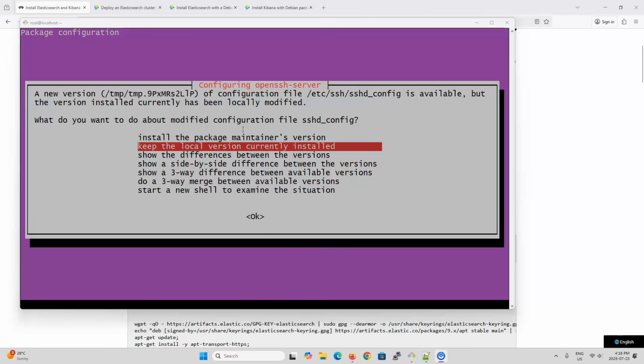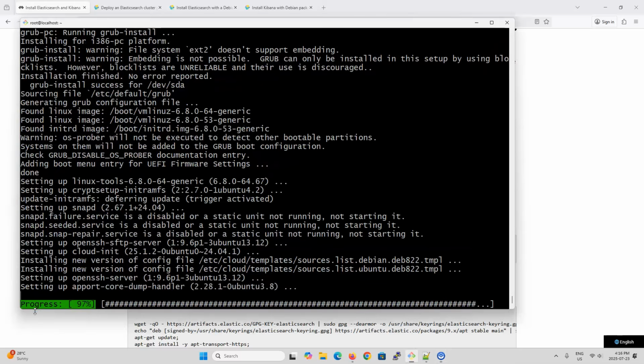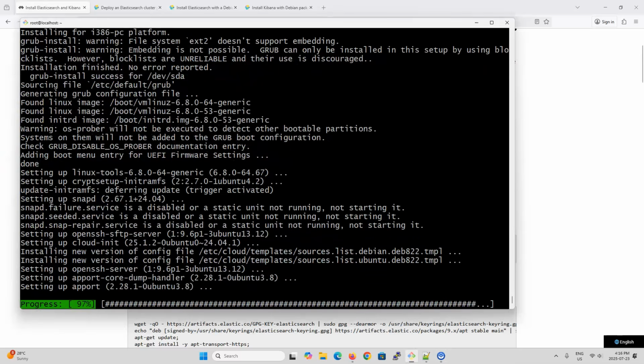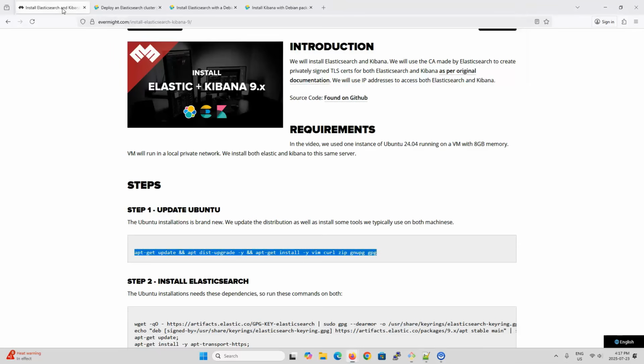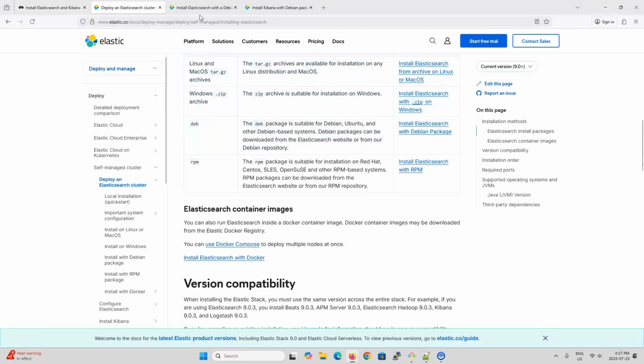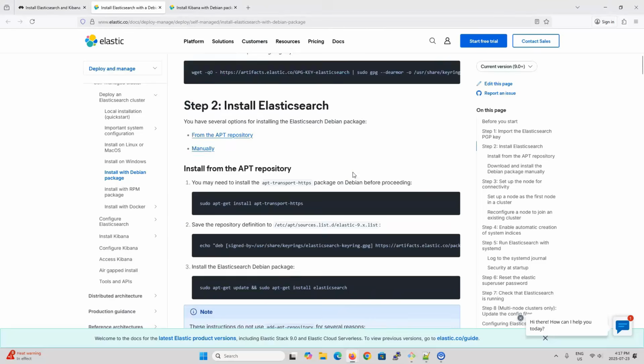While the system was updating, sometimes I get these notices about changing defaults or changing some modified items. Anyway, anytime I get these types of prompts, I just accept the defaults. So okay, we'll let this thing go. Our system should be up to date now, and it's at this point that we're actually ready to start installing